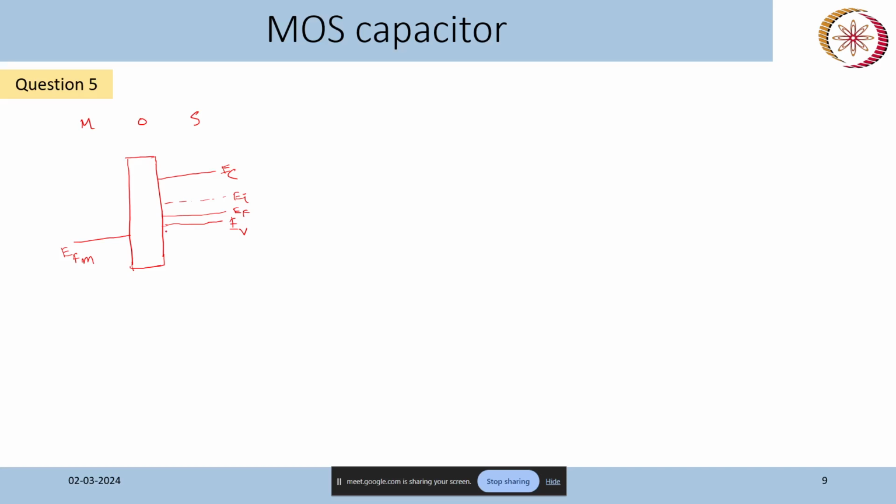So there can be a band diagram like this for these three layers. When these three layers are connected, and a connection between metal and semiconductor is established, the Fermi level will be constant throughout the structure, and there will be some bending at this interface. Let's draw that: metal, oxide, semiconductor.